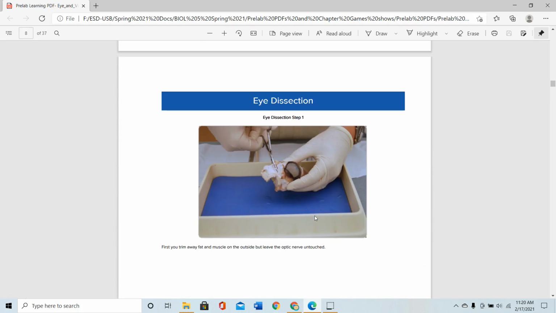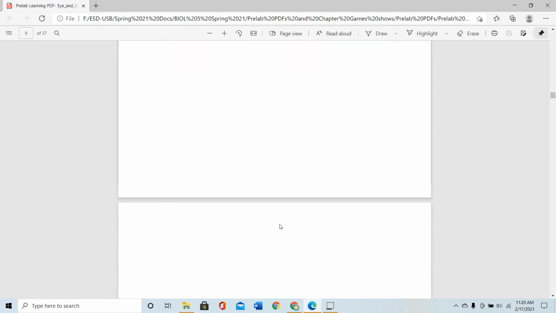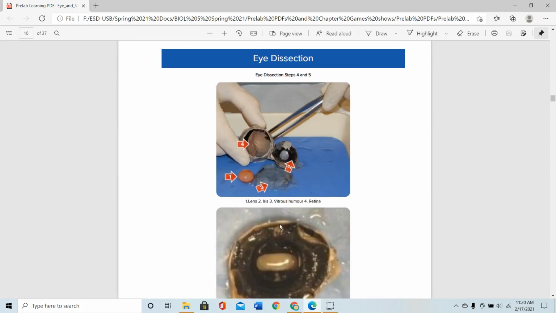This is the eye dissection. This is the cow eye with the anterior pole of the eye and then muscle and fibrous tissue and fats attached to the eye. And then once the eye is dissected, you can see the structure of the eye. So this is the anterior half of the eye, this is the posterior half of the eye. If you see from inside of the anterior half of the eye, you can see the